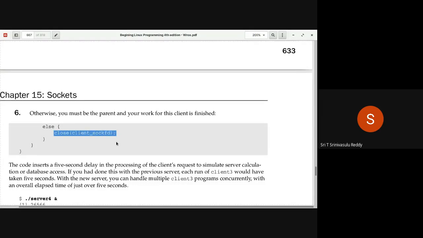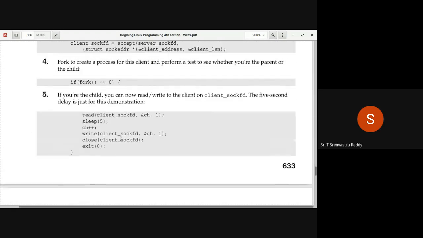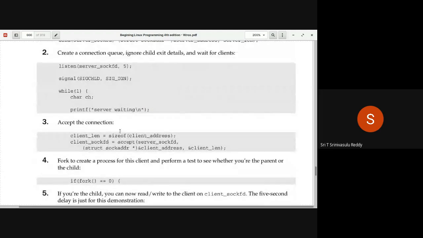So child will attend to the client. So you are closing here, close of client sock FD. Close of client sock FD in the parent process. And then it is going back to the while loop. So again, this is going to be printed, and again, it's going to immediately go for accepting the new command.